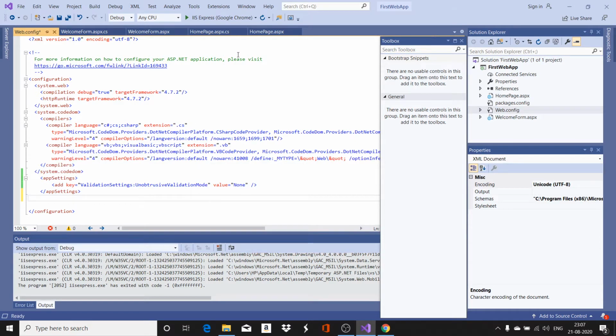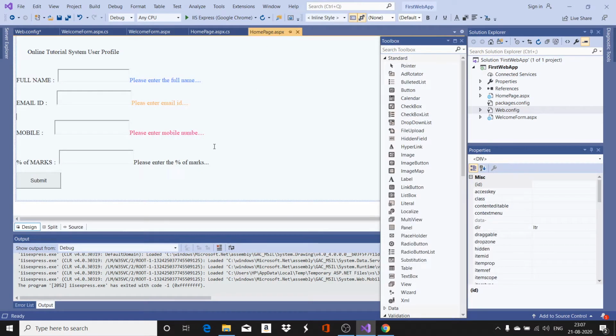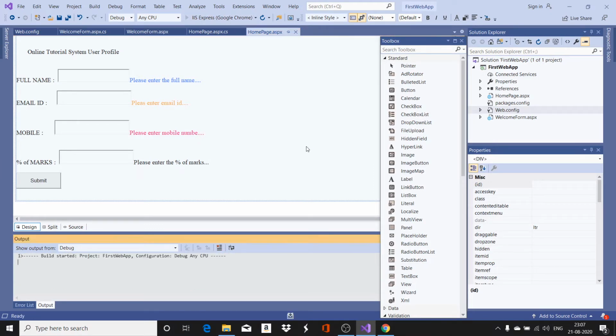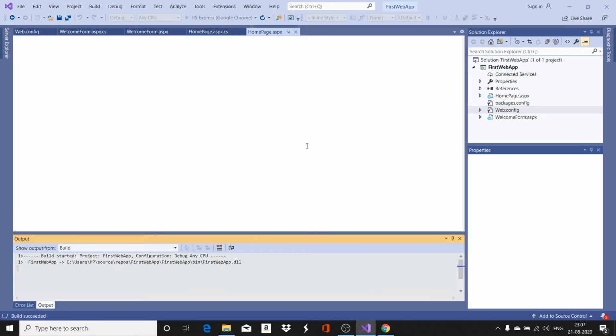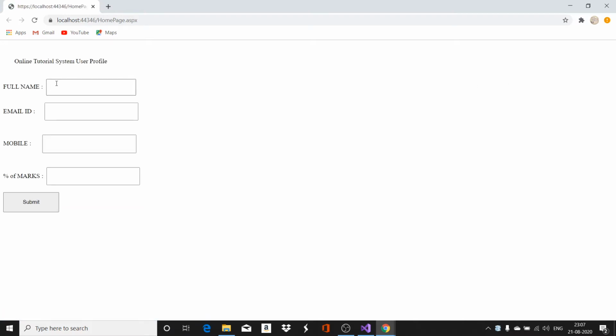So if you do so, it will open your application. Your application is open now. Now it is not showing you the error. You can check here, no errors are shown, and it is opening the web page. Yes, fine, your web page is opened here. Correct? Now when I click the submit button, you can see all the error messages are appearing.